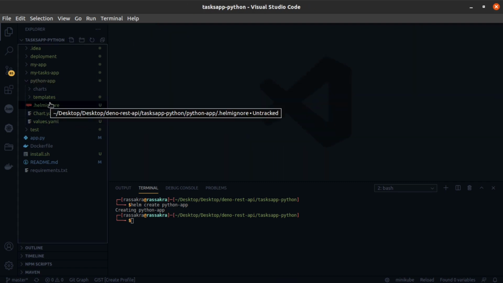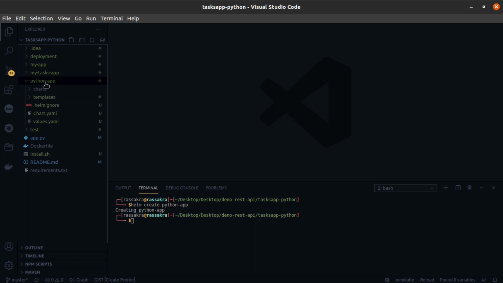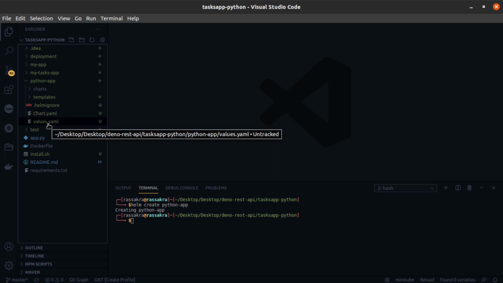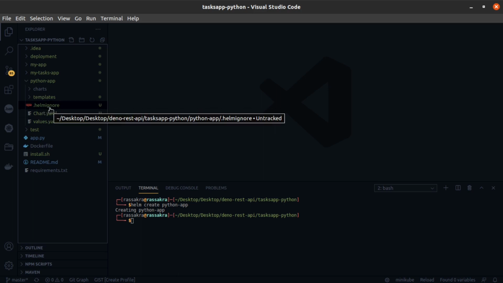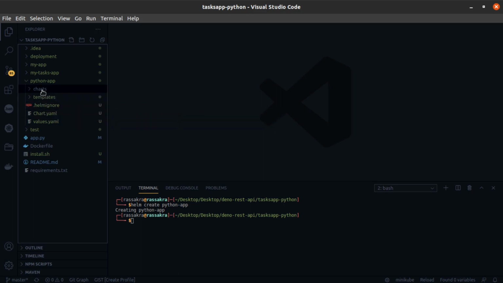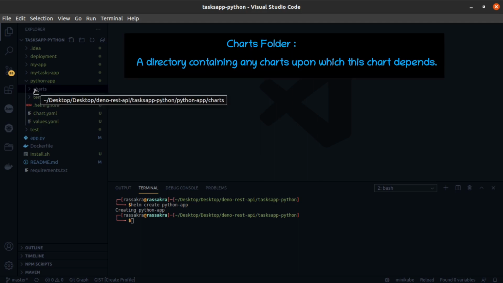So as you can see here, we have a folder called Python chart, and we have two folders. The first folder is chart, the second is template, and we have three files: values.yaml, chart.yaml, and .helmignore. The first folder is a chart. This is an empty chart for the moment because this chart contains all the dependency that we need for our